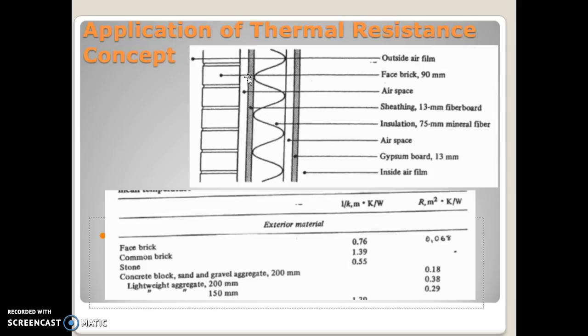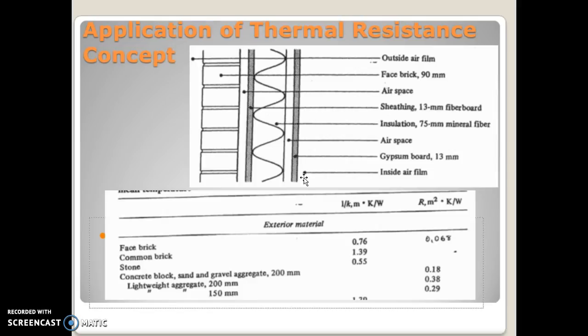So here you can see a wall made up of various materials. This is on the outermost side, exposed to the atmosphere, so you have an outside air film. Then you have the wall made up of face brick, which is 90 mm thick. Then there is an air space in between. Then there is sheathing made up of 13 mm fiber board. Then an insulation of 75 mm mineral fiber, again an air space, and then a gypsum board of 13 mm thickness, and finally there is an air film on the inner surface